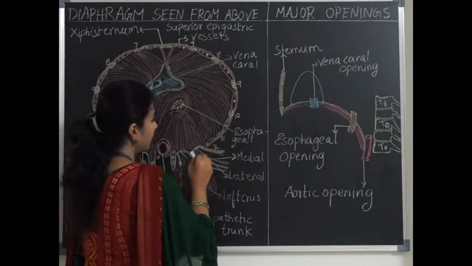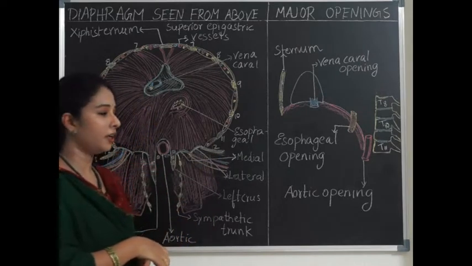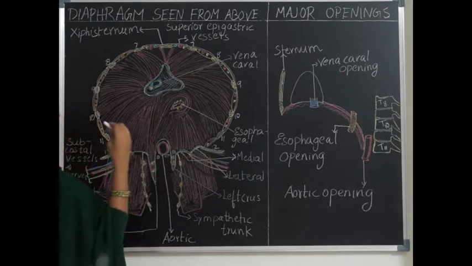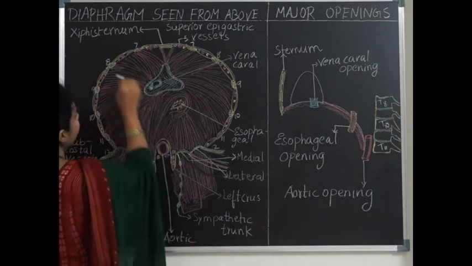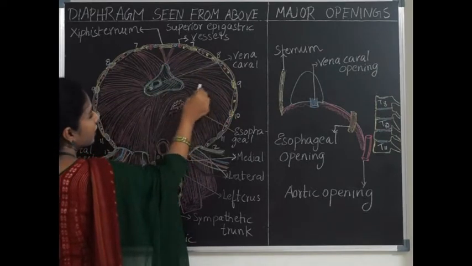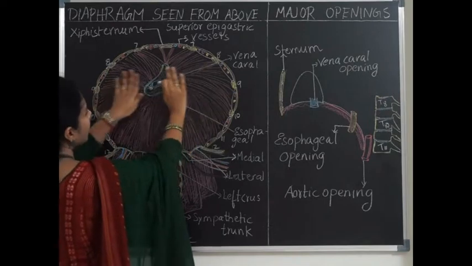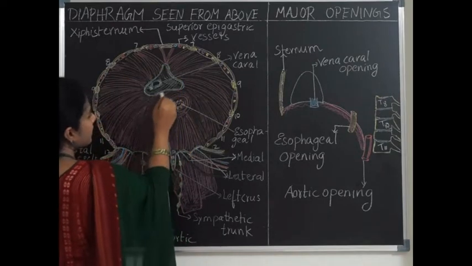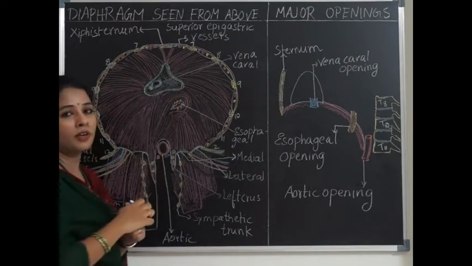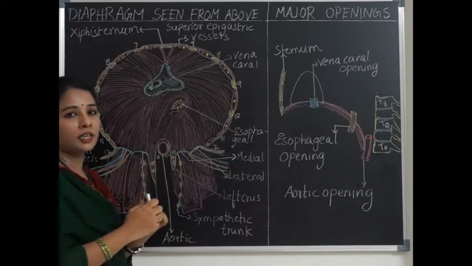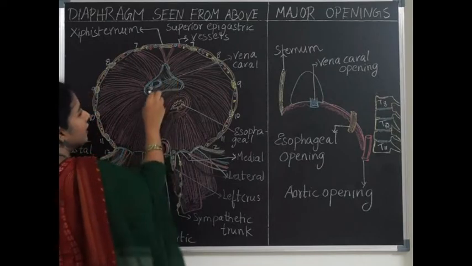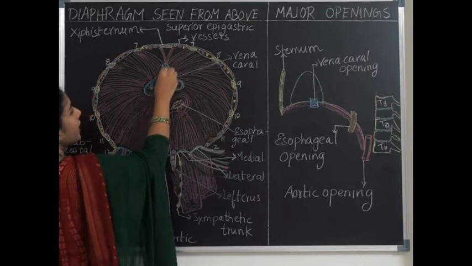Lateral arcuate ligament present in front of quadratus lumborum muscle. Insertion of the diaphragm: all the peripheral muscles which get origin in fleshy fibers converge to the center and get inserted into the central tendon of the diaphragm. If you see the central tendon, it is like a trifoliate leaf-like structure having 3 leaflets. Here is the median leaflet.